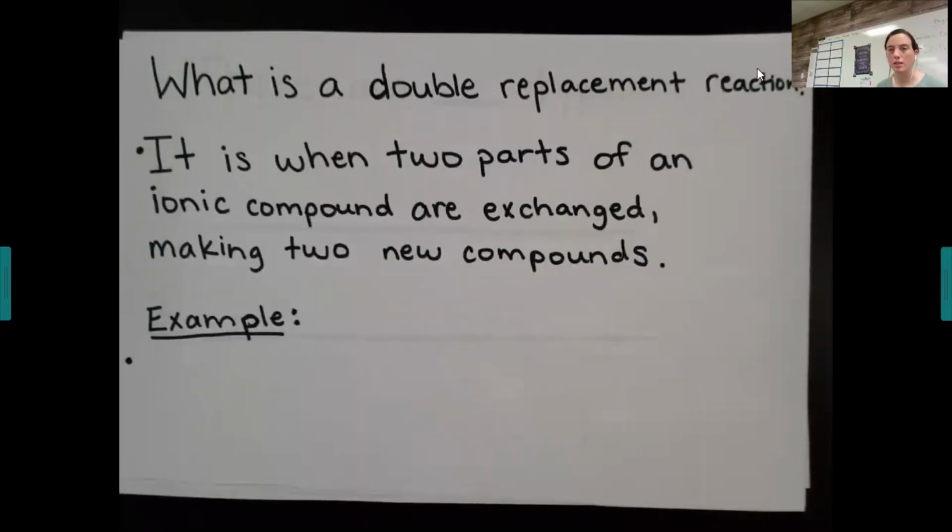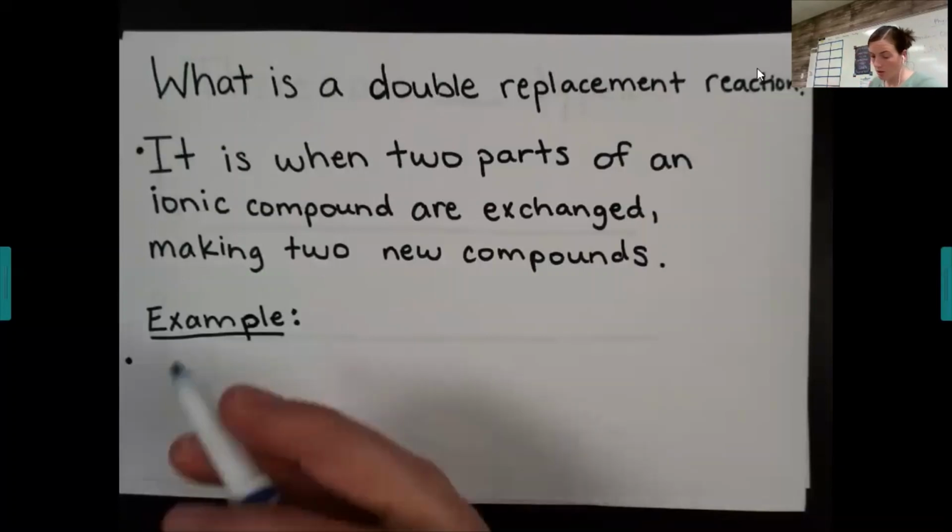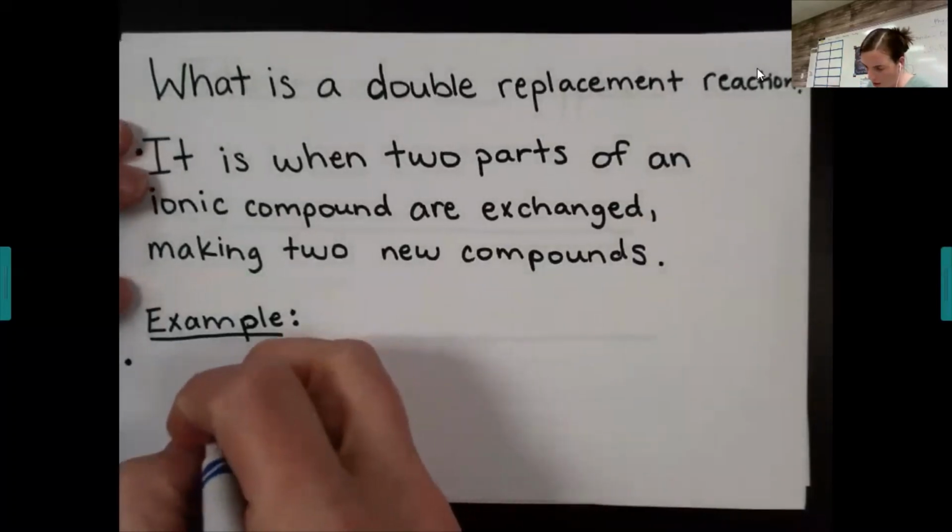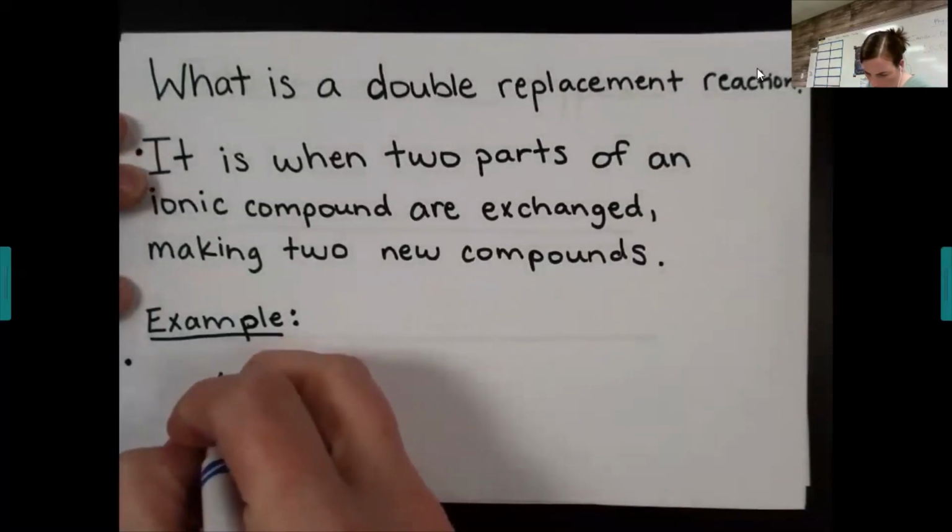Okay, so we have single replacement reactions that we've already talked about, where you have one element in one compound switch their parts. Now this is two compounds that are switching parts, so it's like switching dance partners. Instead of asking to dance with somebody, now it's two people who have dance partners that are switching places. So to give you an example of that, we have